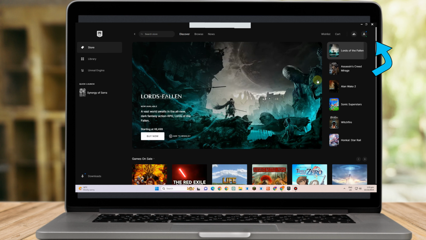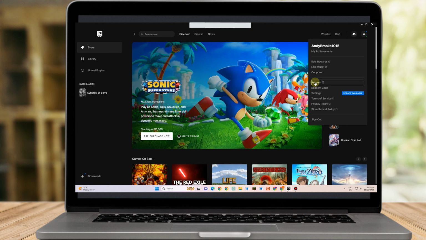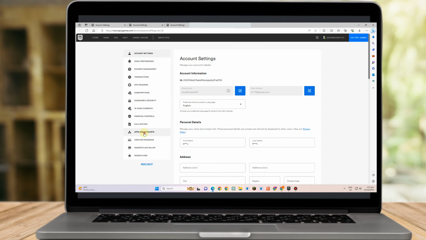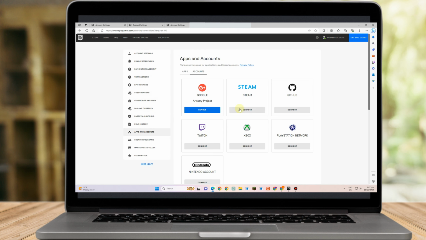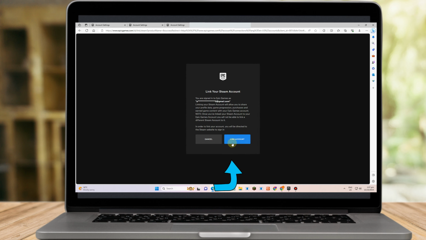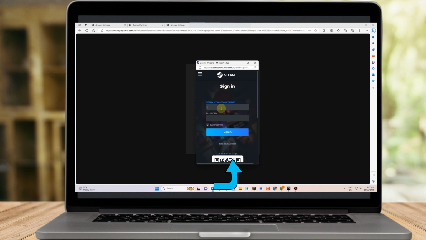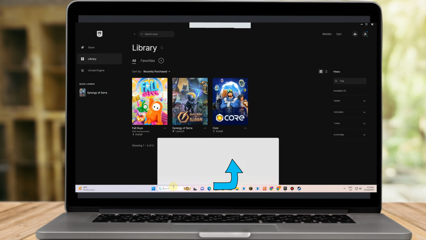To do that, go to the top right corner, click your profile, and look for Accounts. Then scroll down, look for Apps and Accounts, and click Connect under Steam. All you have to do is provide the information, link the account, and type your Steam account here. If you have connected your account successfully, you will see the Remove